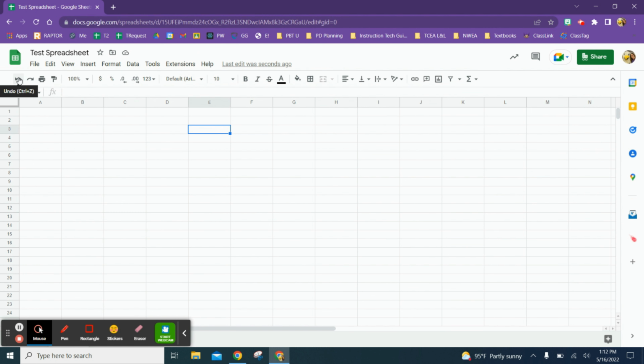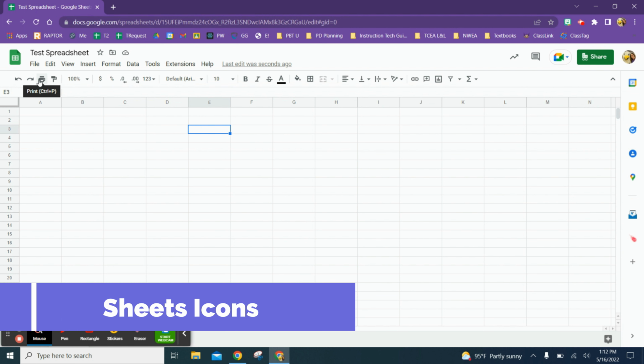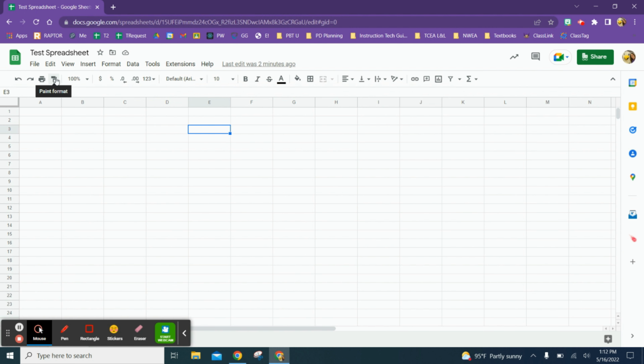And so then some of these things are available across the bottom here with just the icons. So your undo and your redo and your print. The paint format. So this little thing is how you can make all your fonts the same font. It will help you do the same font in each square. Zoom, if you need to zoom in or zoom out. This is formatting your numbers as currency, percent, number of decimal places, and even more formats. Formatting your text, text size, more formatting for the text, background color, putting borders on your